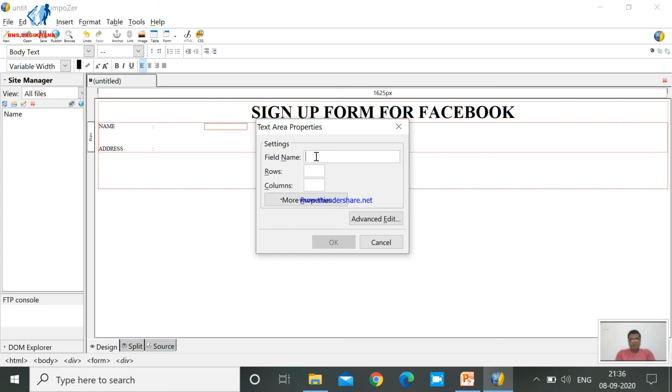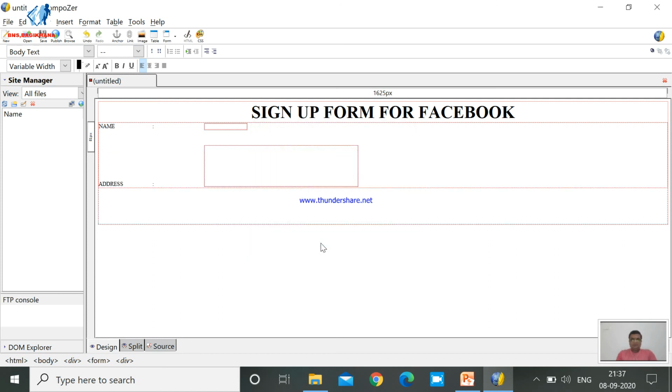For example, I am showing you here the name of the field is also address. Now you can see number of rows. How many rows are required? I require 5 rows for entering the address and 50 characters in a single line. After selecting these fields, click on OK.